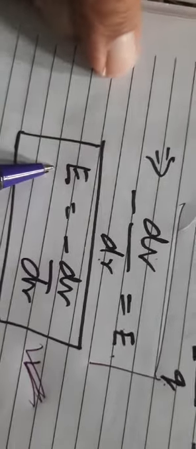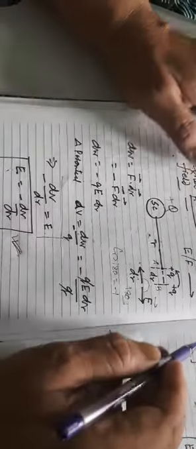So if you want to find the electric field intensity and you know the potential, you only have to find the gradient of the potential and you will get the electric field intensity. Similarly, if you have the electric field intensity, how do you find the potential? You integrate E dr, and that is your potential. These are the points you have to understand. Okay, in the next class we are going to discuss the latter part.